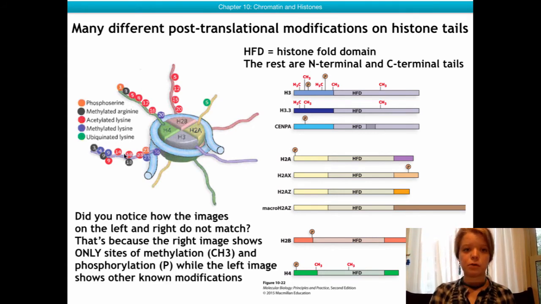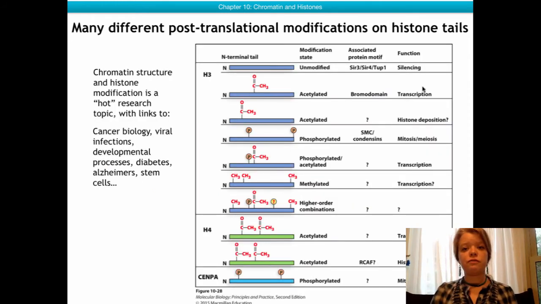In this case, you guys can probably appreciate that there's lots of different colorful dots here. Well, there's only two types of dots here, because this diagram just shows the places where different histone tails can be methylated, and that's it, and phosphorylated, of course. So this is the summary figure from your guys' book, and there are many reviews on the subject as well, published yearly, that summarize the different modifications you can find just on one particular tail, the tail of histone 3,